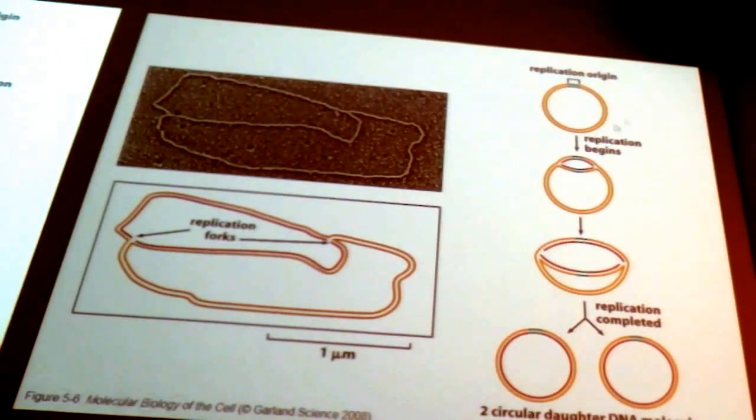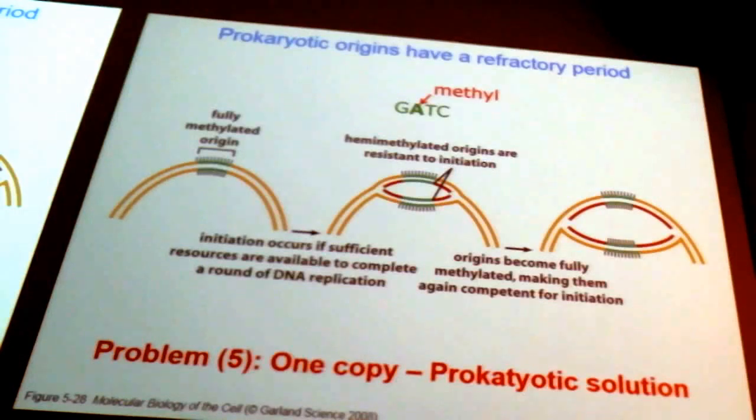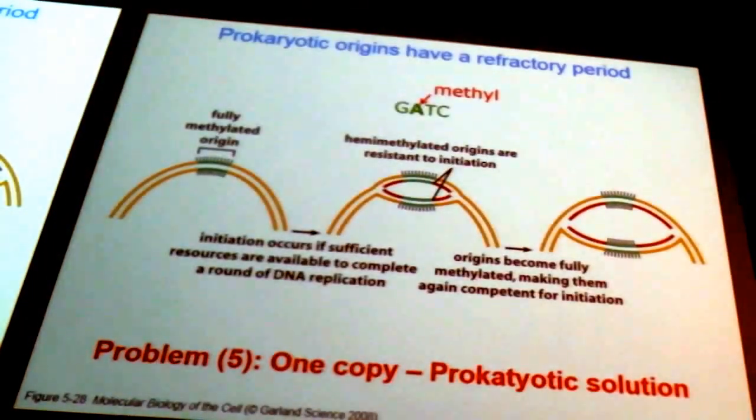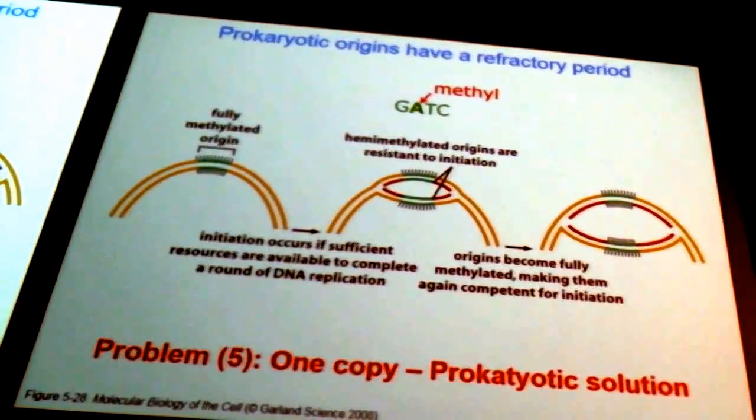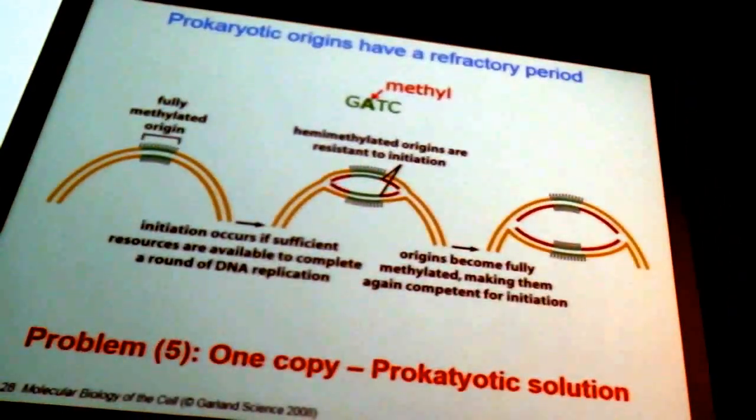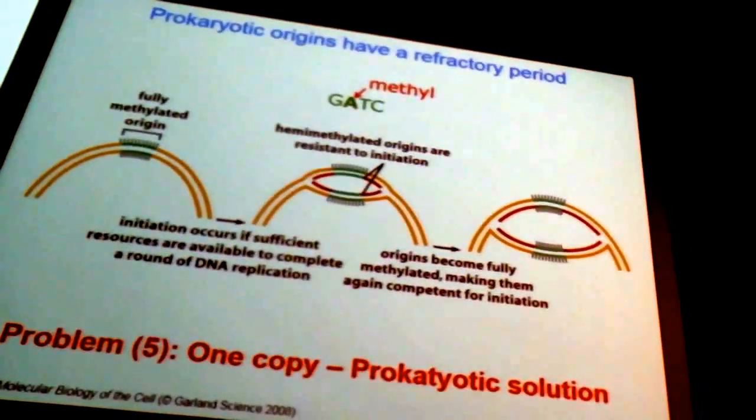So in green schematized here for E. coli would be the origin of replication. We'll talk about how that's regulated to ensure that it fires only once during each cell cycle. So eukaryotes and prokaryotes solve this problem in different ways, and we'll talk about both the ways in which the problem gets solved. In prokaryotes, there is a way to mark newly replicated DNA as being different from old replicated